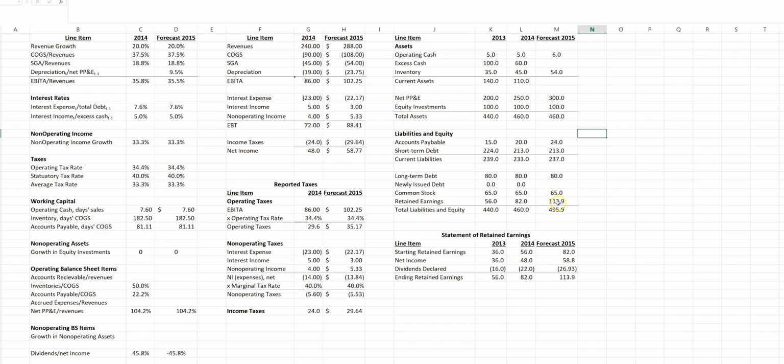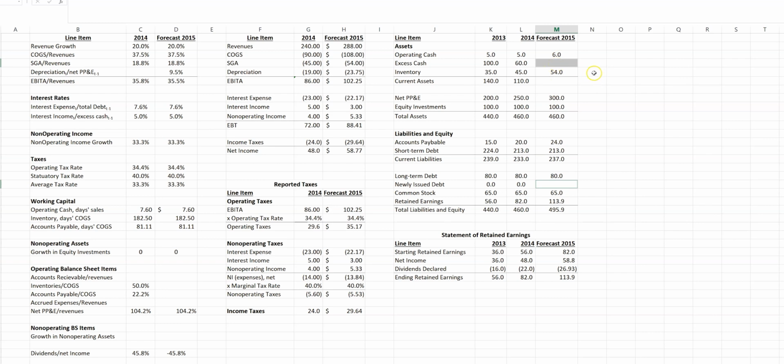And this cash has to go somewhere. If I don't spend it on buying new fixed assets, for instance, some of this cash could go to buy fixed assets, but it hasn't. I have increased net PP&E, but not by enough to say that I still have money left over. So that's where excess cash here and newly issued debt here come into play. These are called the plug, and the plug is what balances our balance sheet at the end. So the money that the firm generates from operating cash flow, this extra retained earnings, it is going to need to go somewhere on the asset side. And if it's not going to go to an increase in PP&E or maybe purchasing some equity investments or something like that,